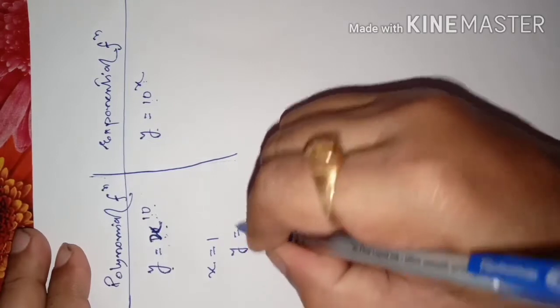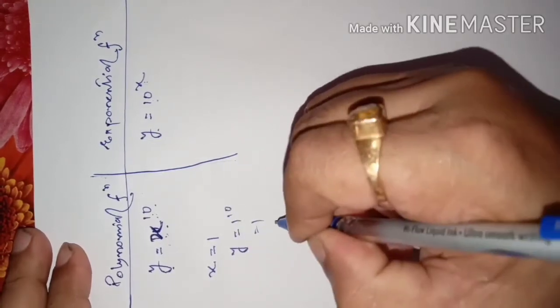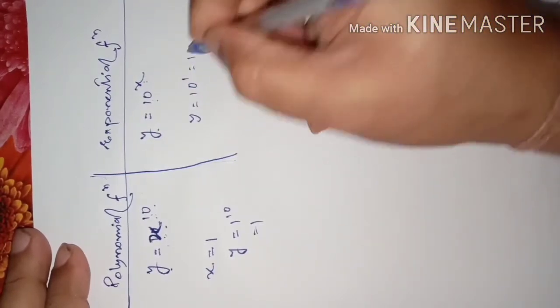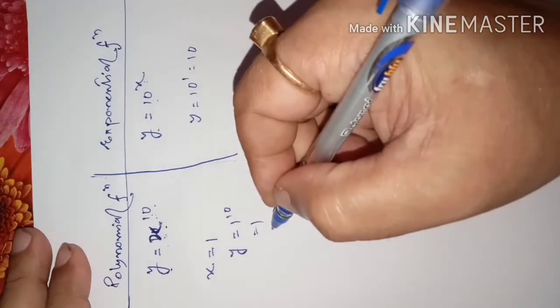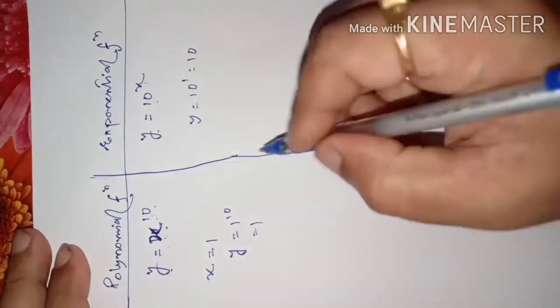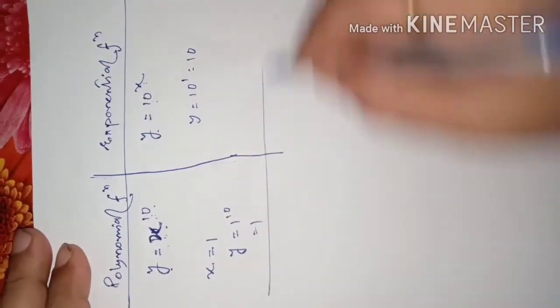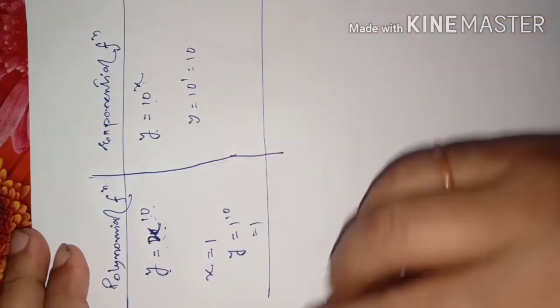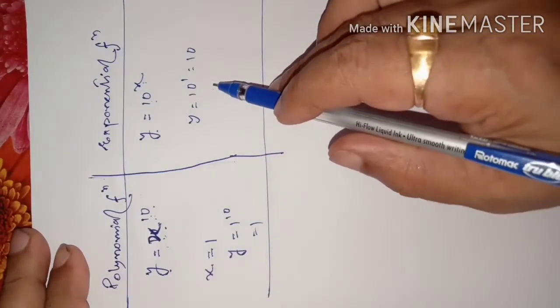Now what I was saying is, suppose we take x equal to 1 here, what shall we get? y equal to 1, because 1 to the power of 10 is equal to 1. Then here we will get y is equal to 10 to the power of 1, that is equal to 10. That means here the y is greater than this y. Let us take another number, but all the time it may not be so, but after certain values of x, it will always be growing faster. This function will be growing faster than this function.